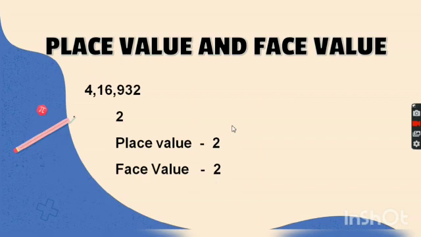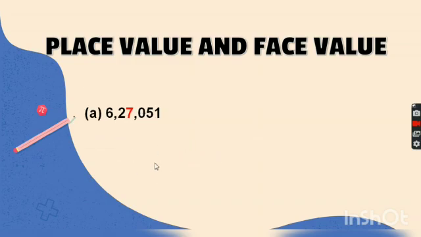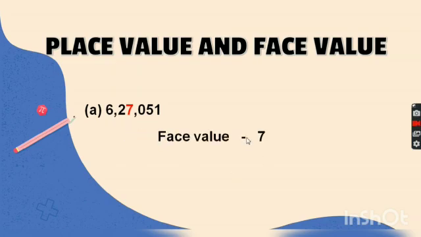All of them understood? Now you see only one example of how you will write the place value and face value. In this example, one colored digit is there. What number is colored? Yes, 7 is the colored digit. For that you write the place value and face value. Face value is 7. Then place value, say place value.